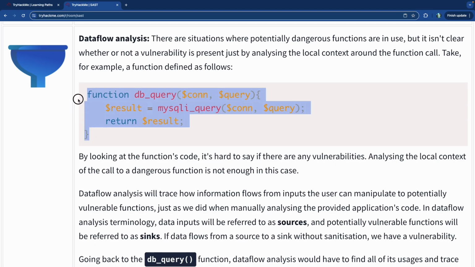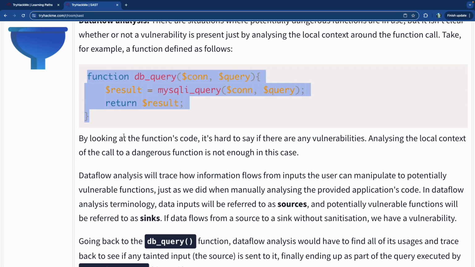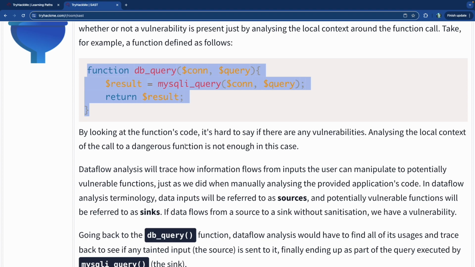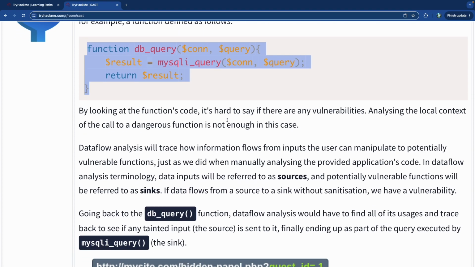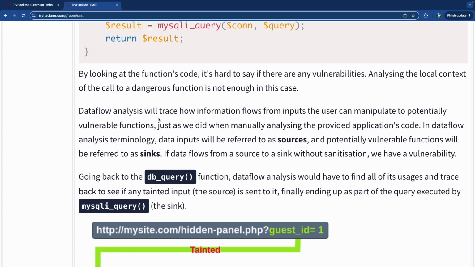And then when we looked at the db.php file, we saw that that was the function that it was nested in. By looking at the code, it's hard to say that there are any vulnerabilities. So we had to do a second search for this piece, and then we found the file that actually had the vulnerabilities. Data flow analysis is going to trace how information flows from inputs that the user can manipulate to